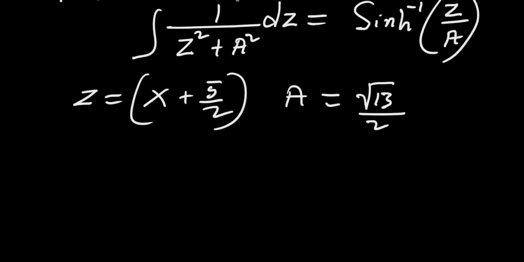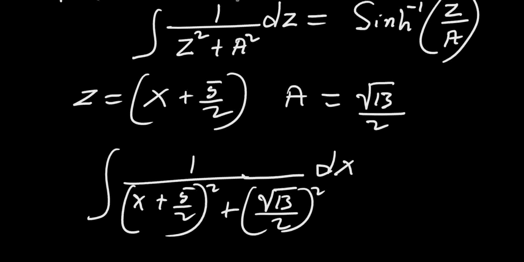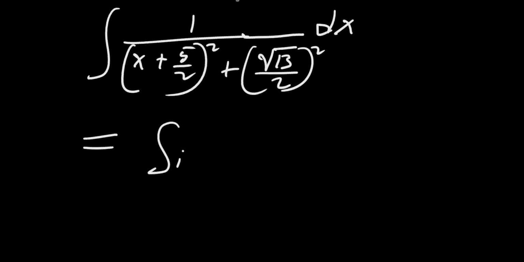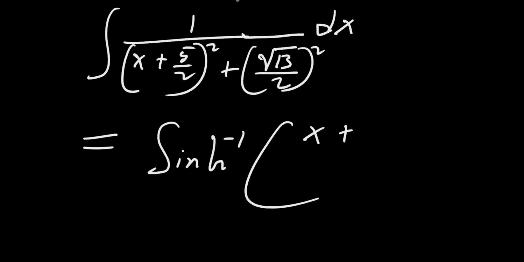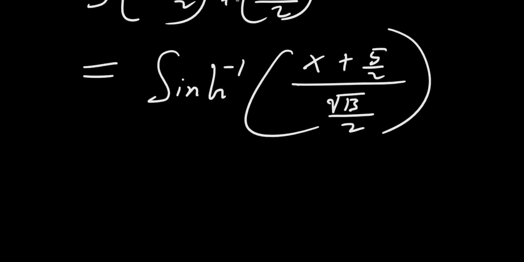Now this will be equal to the integral of 1 over the square root of (x plus 5 over 2) squared plus (root 13 over 2) squared, dx, which is now equal to the reciprocal of sine h of (x plus 5 over 2) over (the square root of 13 over 2). So at this point, we can now